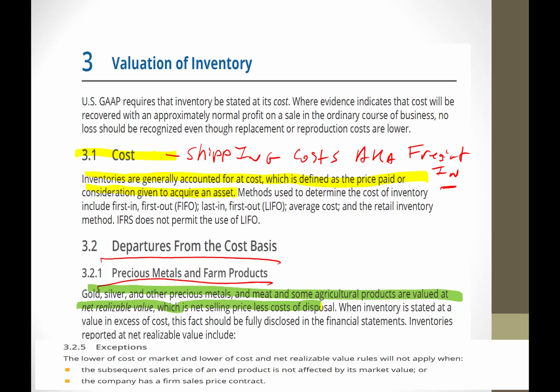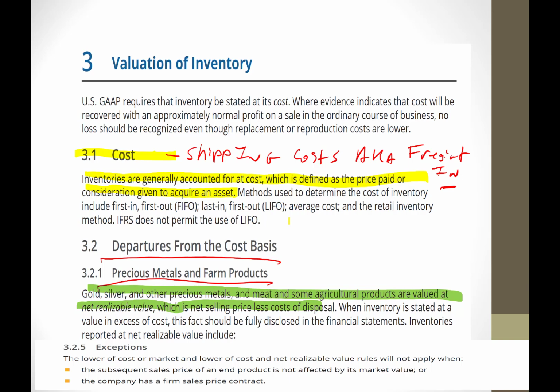Okay, good. Now, let's say you're putting the inventory in a storage place and you're paying a storage fee. Do you put that in cost? Yes, the storing is part of the cost of the inventory. So let's separate that from the precious metals for a second. If my inventory is strawberries, and I have to keep the strawberries frozen to be able to sell them, the cost of the freezer, the depreciation on the freezer, any electricity I might allocate to that, or storage is all part of the cost of the inventory.